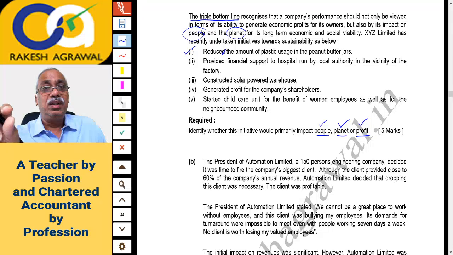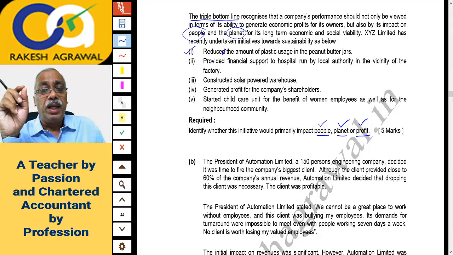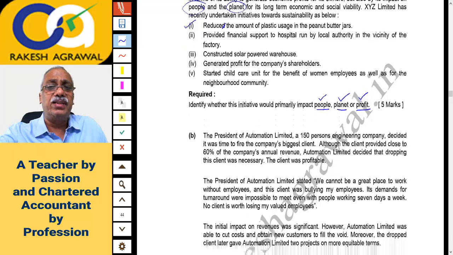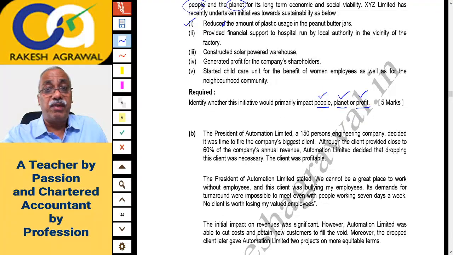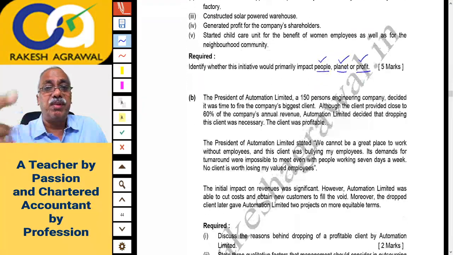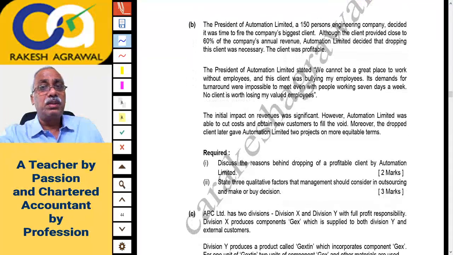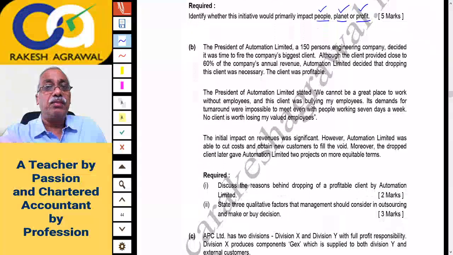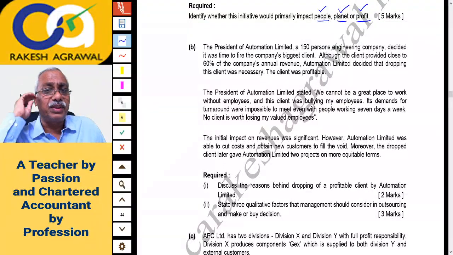Which measure the company is taking will help in improving the quality of people or planet, or will help you to earn more profit. So that is what you have to just write, one of the 3 names for 5 marks and 5 questions. Very simple, 5 words you have to write. So these are called bonus questions, my dear friends. Such questions are also there in the exam where you can score the marks without efforts.